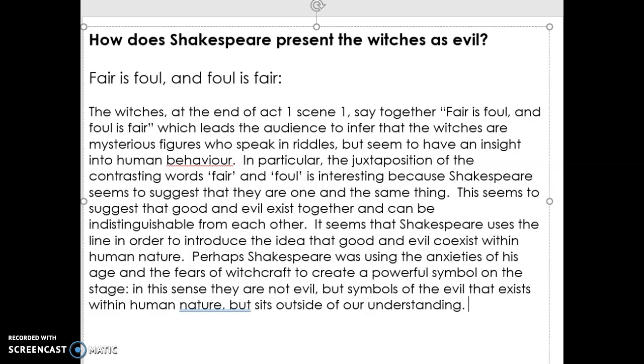Now, there's bits of that aren't perfect, and I could go back and change a few bits and bobs, repetition of words, whatever. But I think fundamentally I've built up an analysis. I've started with that general explanation that the witches are mysterious. I haven't said anything particularly in-depth or clever. I've then tried to explain the words and how putting them next to each other suggests that good and evil sit side by side. And then obviously I finish by trying to go bigger, to think about what are the big themes that Shakespeare was showing and how does this relate to the world Shakespeare knew.